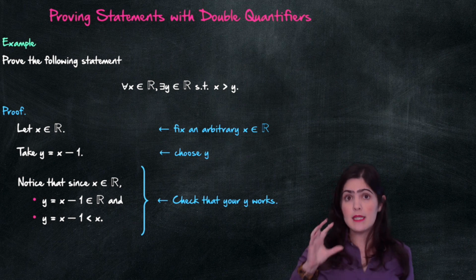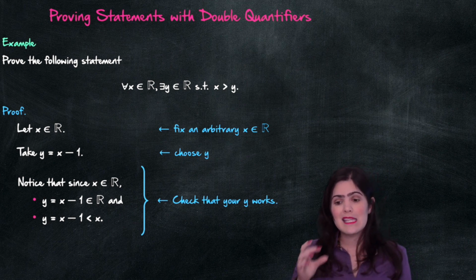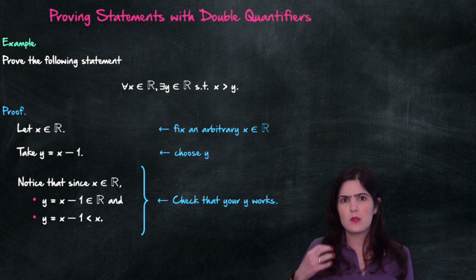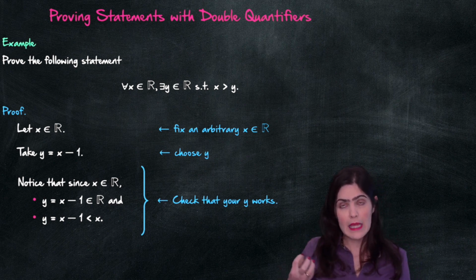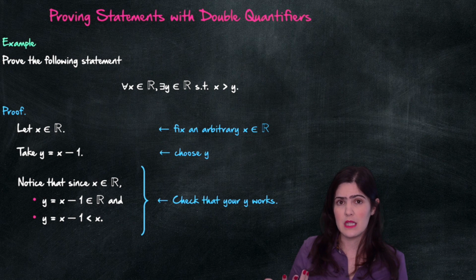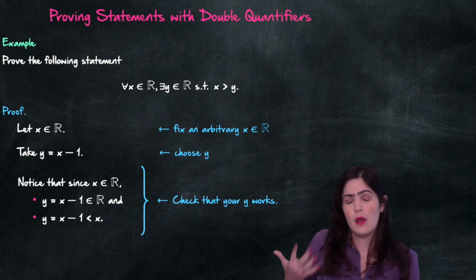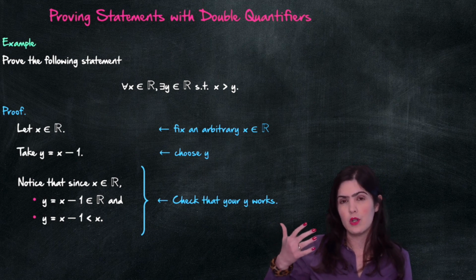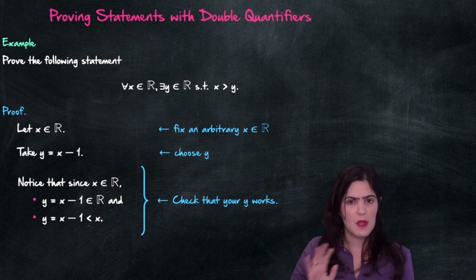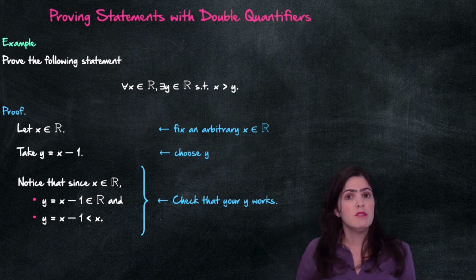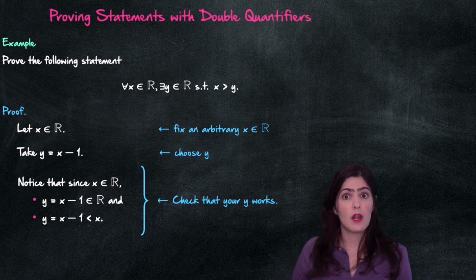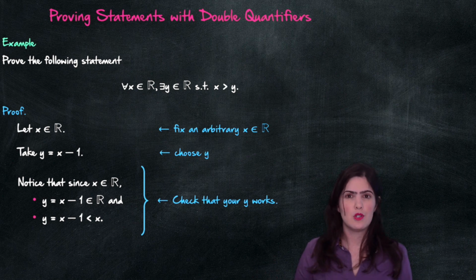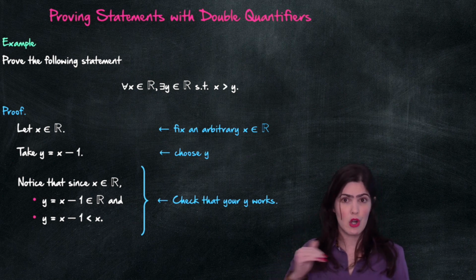Usually, the hardest step in the proof is coming up with the y that you need, because that is what requires a lot of thinking and a bit more creativity. Because once you found a y that you know works, it's easy to show that it works. You just have to kind of do all your work backwards. That's something that we'll worry about more when we're doing more complicated proofs. But for now, all I want you to make sure you understand is the structure of this type of